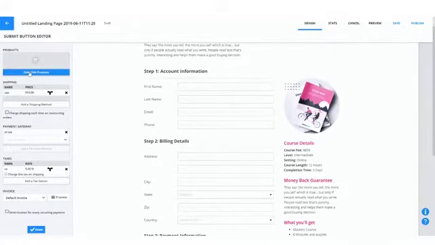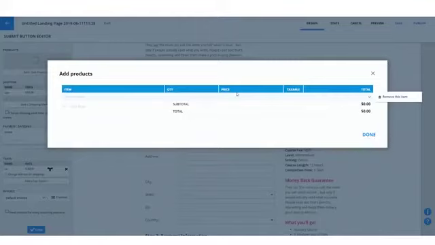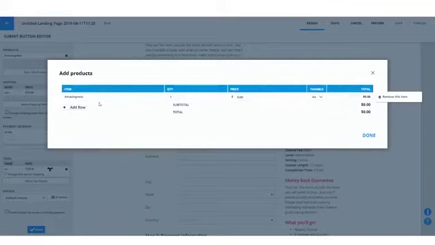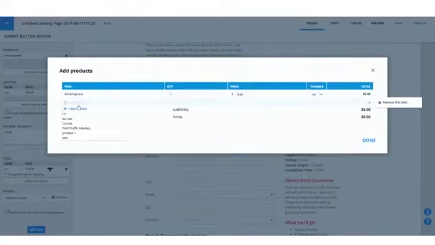But I want to talk mostly about adding and editing products, because this right here is a pretty powerful screen. There's a lot of functionality here, and I thought it would be worth just covering it once and for all. So the way this works is you just click on the various parts of this thing, and you'll just fill it out like it's a form. So for example, if I want to sell some amazingness, I just select it. I can also add a second item to this